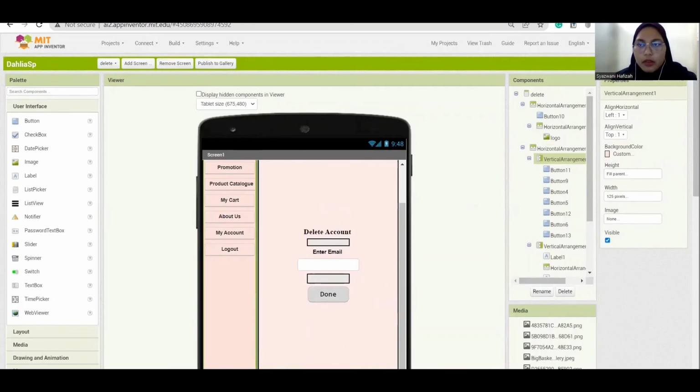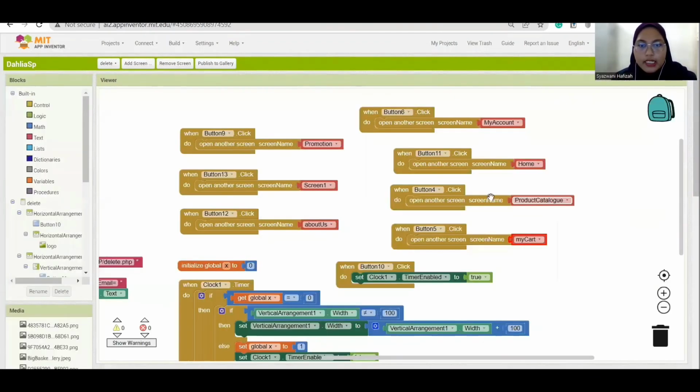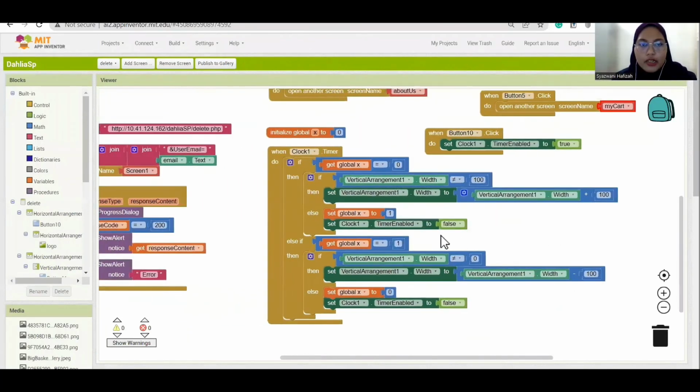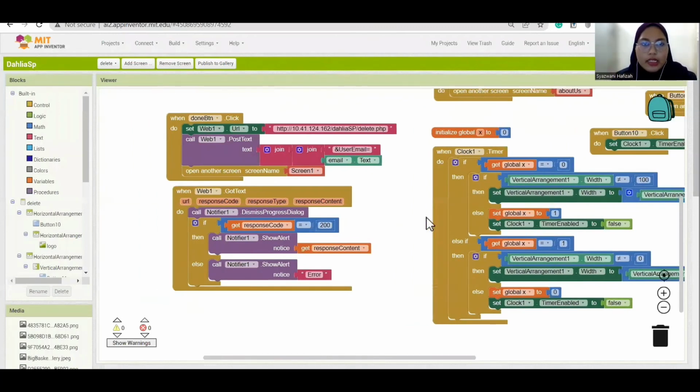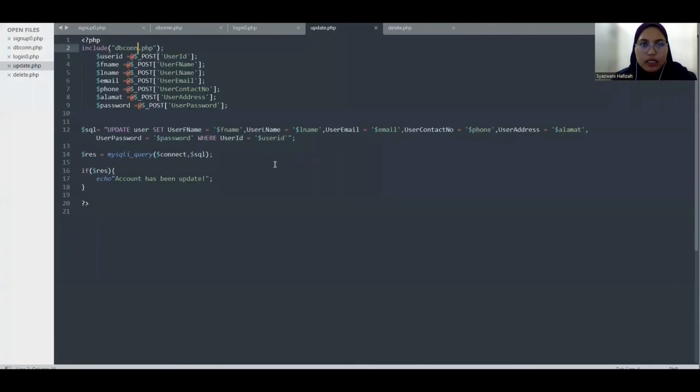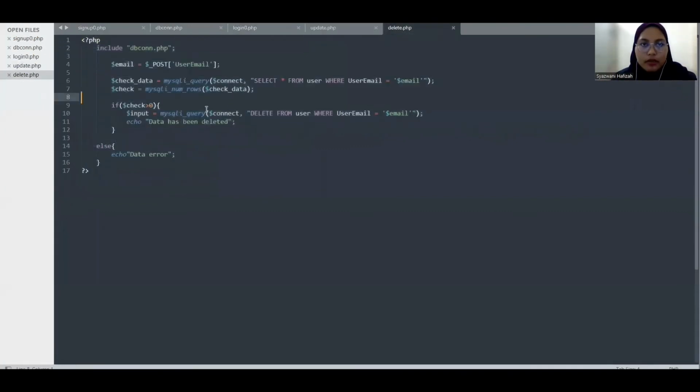So yes, for the block, we use the same block at other page like home and the others. And this one is for delete account. The difference in the URL is a delete.php, which is this code right here. Include dbcon.php, and then we have check larger than 0. It will input MySQL query, and it will echo the data has been deleted, else data error